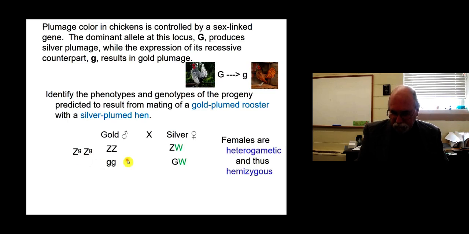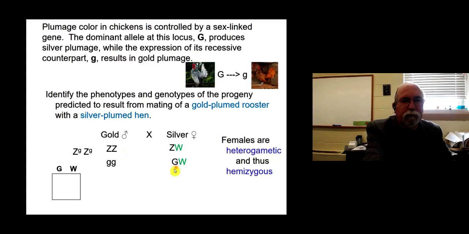So don't get confused and try to make it into a full dihybrid problem with two loci. All right. Now, what I would do is say, okay, it's fairly simple. Now that I've got it written out, it's fairly trivial. Here's the female. She's GW. That gets her part. If we do a Punnett square here, just to show you, the male is going to give you GG. So all of them that come down from that have, from her, will receive a big G,